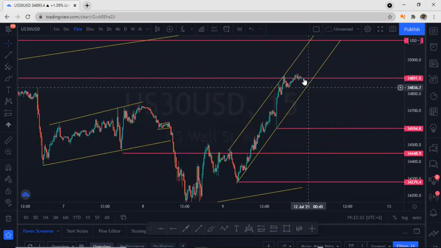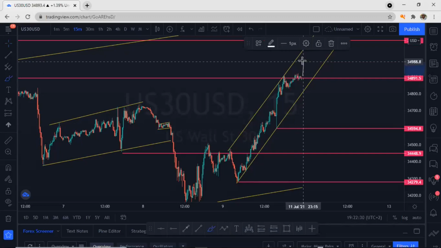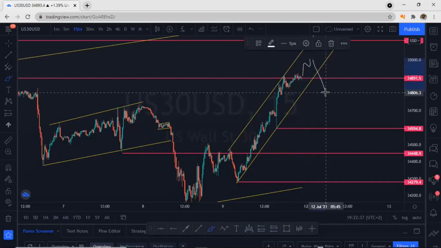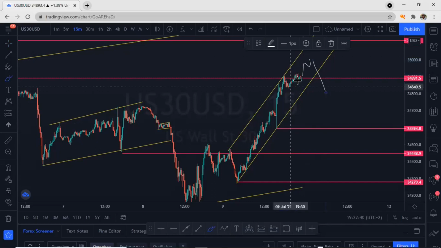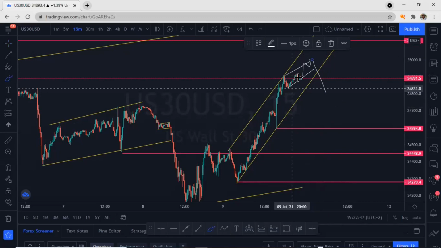It can catch other people on the wrong side of the market, because there's a possibility it can go a little bit up in a correction manner, and from there it shoots down. I've seen the market doing this, and it normally does this. Do you see what I do? When it goes up, people are going to buy here and put their stop below here, and the trade will create a correction and shoot down. That normally happens.